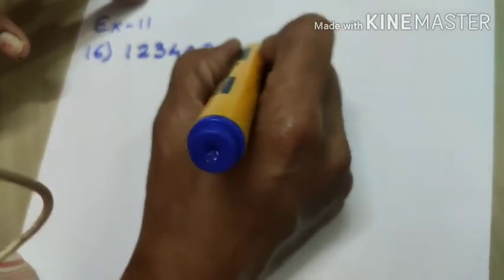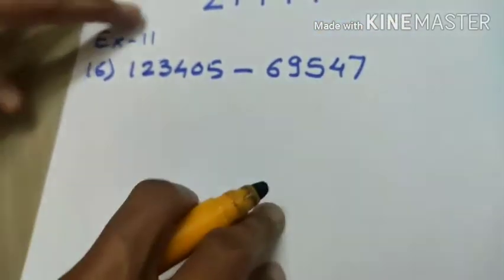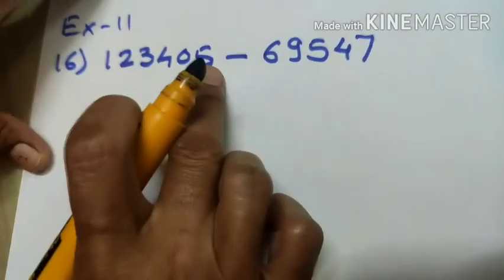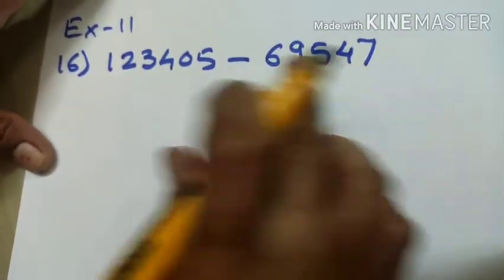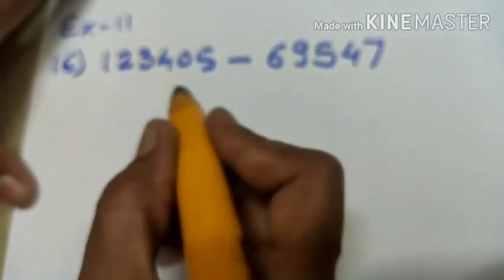Minus 6, 9. This is given to you. If you are observing the numbers properly, this is your 6-digit number and this is your 5-digit number. So arrangement of numbers should be proper. So first I am writing the larger number,